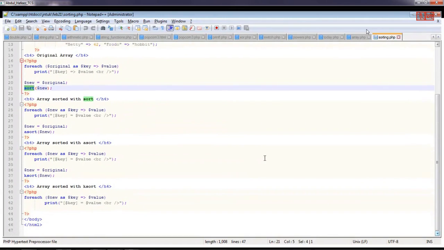Now, if we want to do that, we are using asort function. If we want to sort it by keys, same thing, same array we're using, we're just assigning it to another array, and then calling that function. So when we execute this,